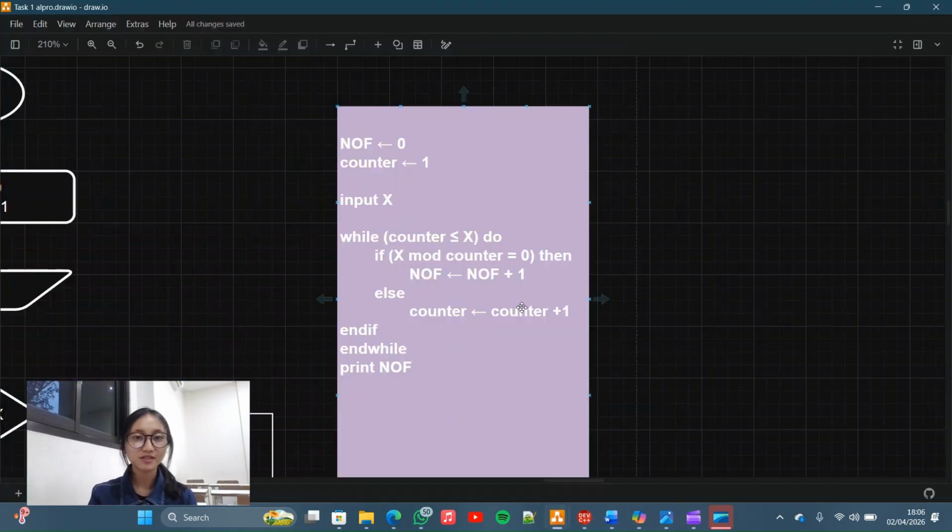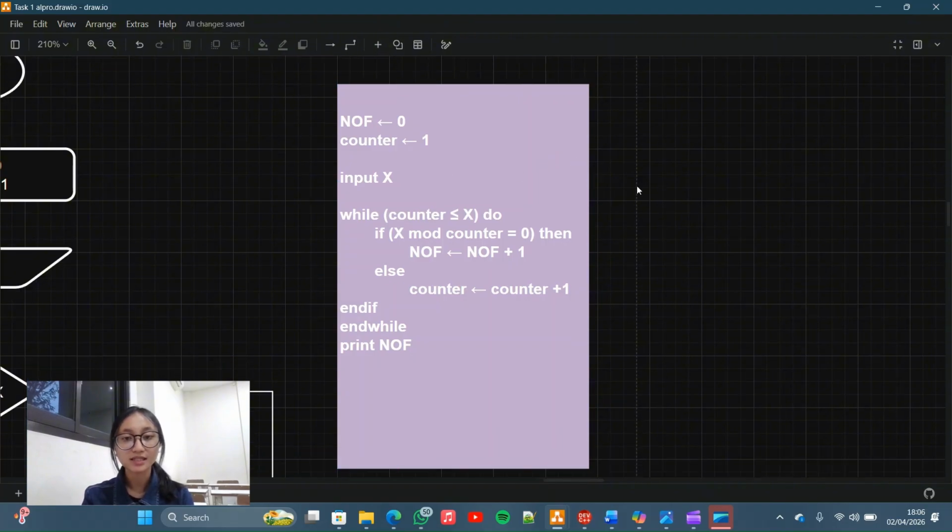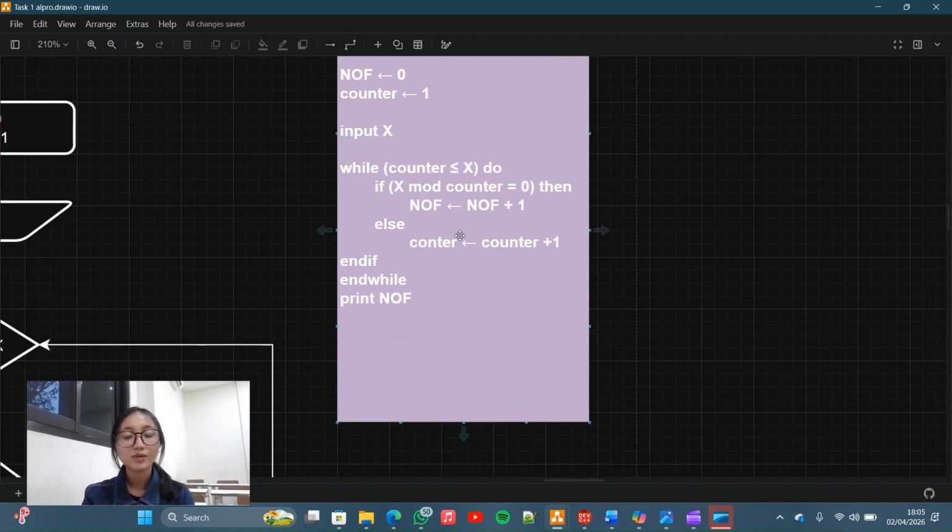Now I will explain the pseudocode. First of all, we initialize NOF and counter: we store 0 to NOF and 1 to counter. Then we input the number, and while counter is less than or equal to x, do: if x mod counter equals 0, then we store NOF plus 1 to NOF.